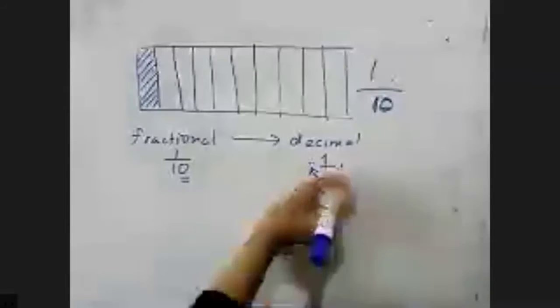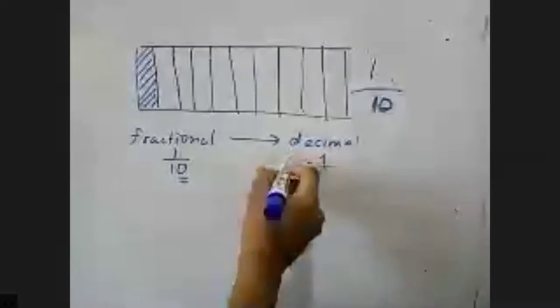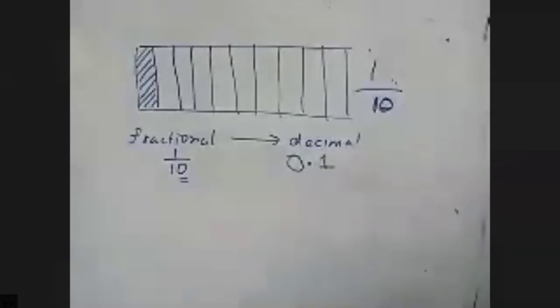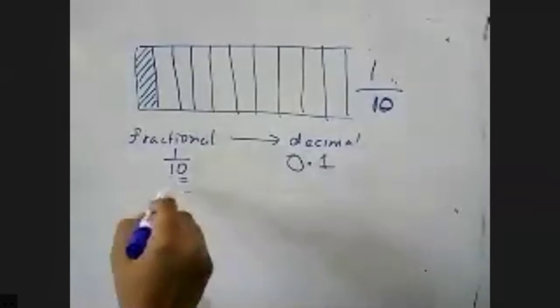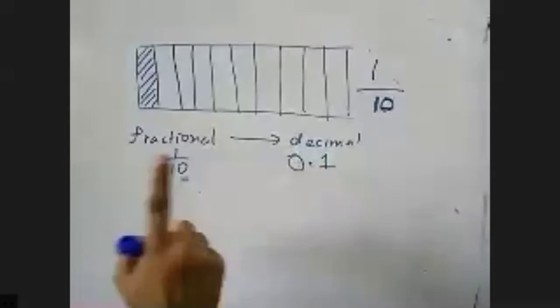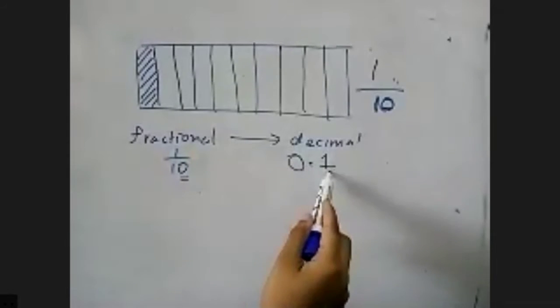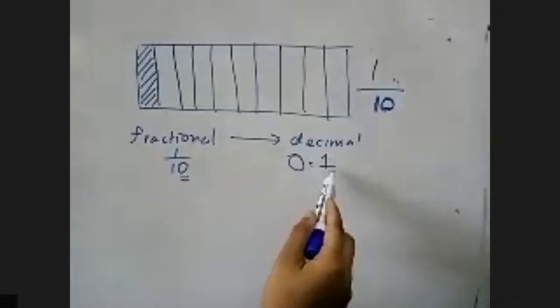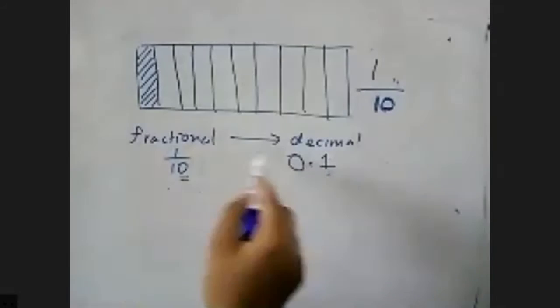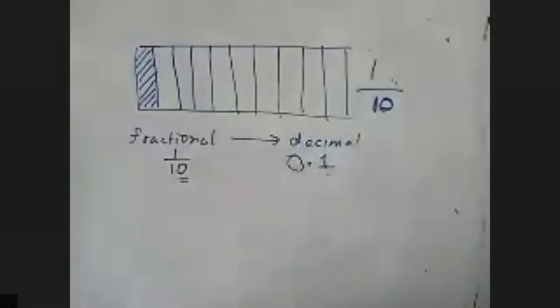Now here there is no digit before the decimal. When this is kept like this, it is called 0.1. Before this point, we put a 0. So now what am I telling you? This is number 10. Number 10 has one 0. So after the decimal point, you should have only one number, only one decimal place. So the answer for 1 over 10 is 0.1. We read it as 0.1.